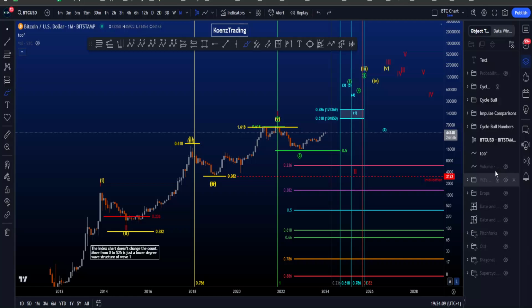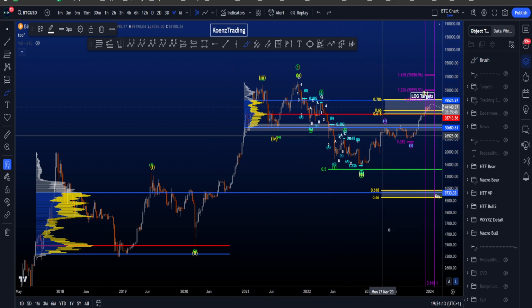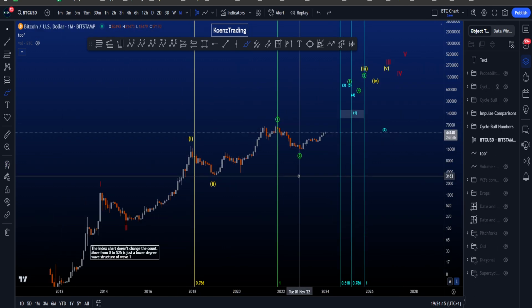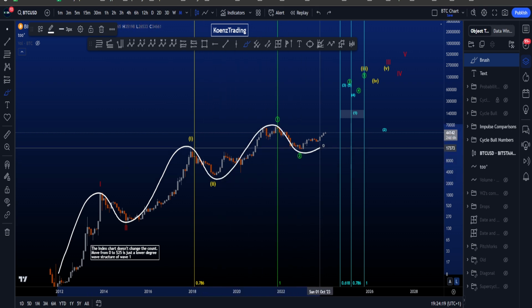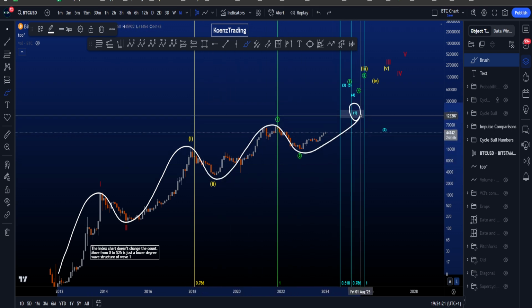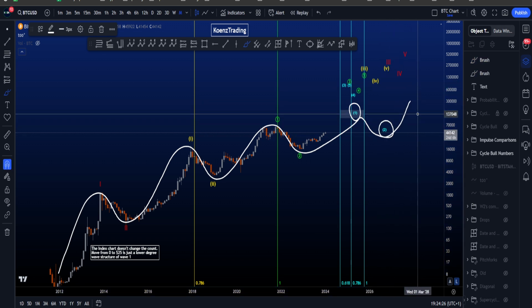Hi everyone, let's go over my cycle, macro and high time frame bullish and bearish Elliott Wave scenarios on Bitcoin, starting with the cycle bullish scenario where we're looking for multiple 1-2s to the upside, now looking for a bull market in the blue wave 1, then a bear market in the blue wave 2, before then continuation to the